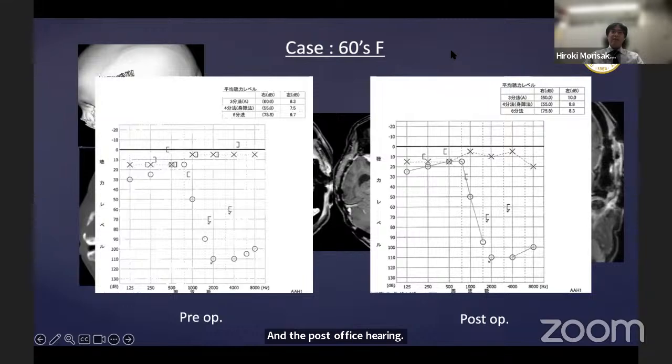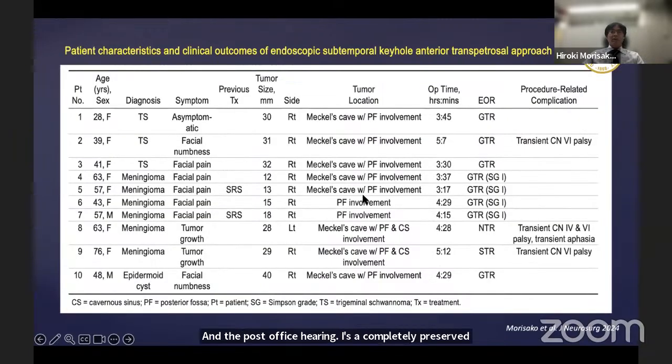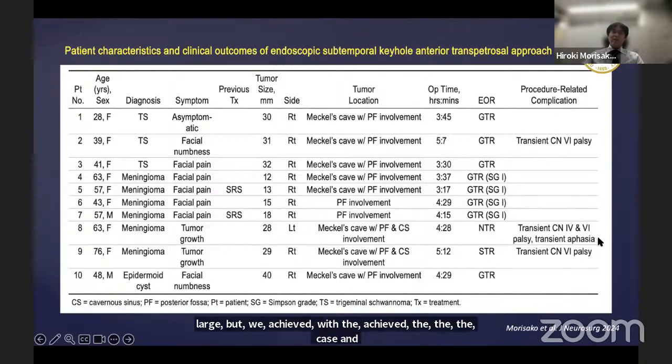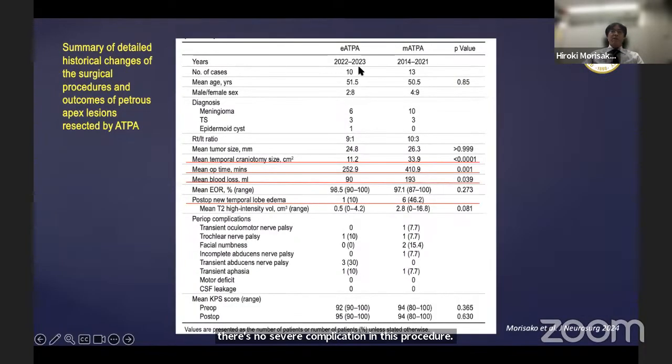this case. So this is a summary of the new procedure. The pathology is trigeminal schwannoma, meningioma, and epidermal cyst. Tumor size not so large, but we achieved radical removal of the tumor over the case, and there's no severe complication in this procedure. So this is a comparison of the endoscopic procedure and the traditional, the microscopic, the anterior